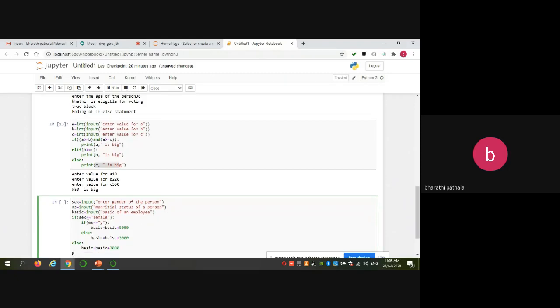Finally, print the basic of an employee. Okay, so check it once.